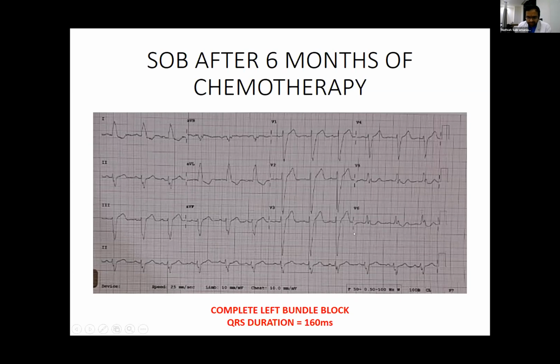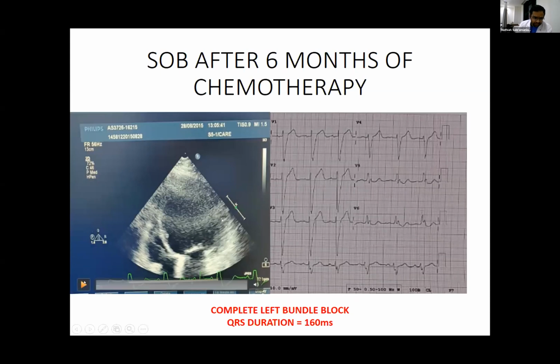And by left bundle branch block, we can see that in lead 1 and aVL, we are seeing a peaking, a typical left bundle branch pattern. QRS duration has also become wide. So when a patient presents to us with this ECG, we are very curious about her symptoms, how they have changed in terms of her breathlessness or new onset angina. And we're also very interested to see her LV function, because this patient had a documented normal LV function before. So if you can see her echo, I'd just like to play it.